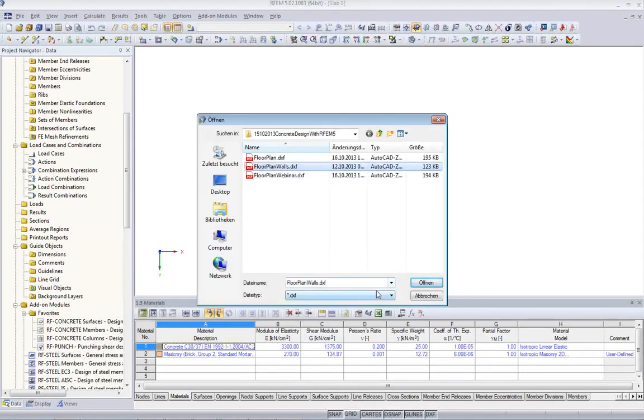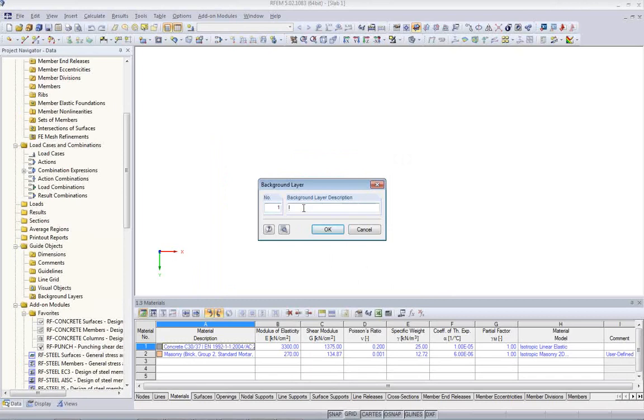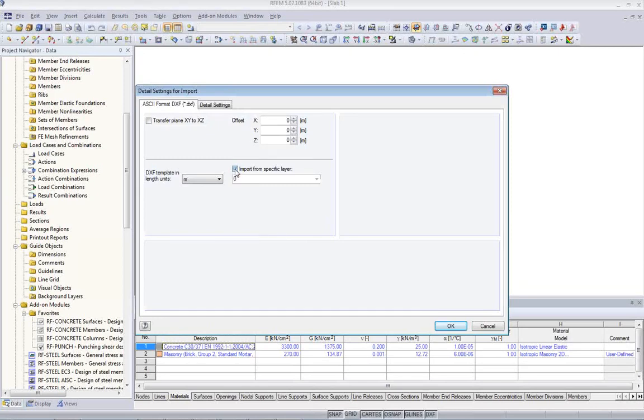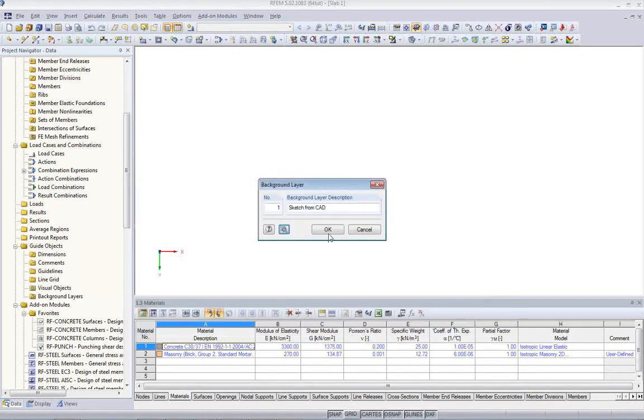I'll import one DXF file I have prepared here as a background layer, and you can name it as you like, Sketch from CAD. Also, you have the option to import from a specific layer that you can select here. You might have drawn already certain lines inside your CAD application that you might want to use for your boundary lines, for your surfaces, but in this case I import the entire lines that I find here. I click on OK,